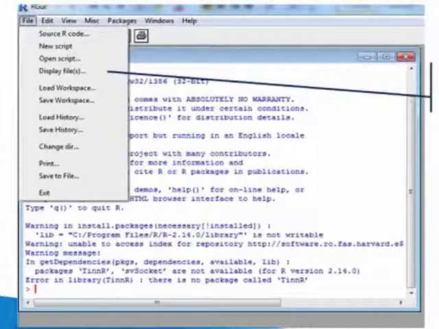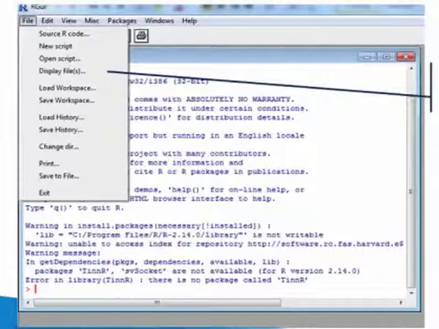So let's have a look first at the File tab on the left. This is the first tab. From this you can perform usual operations such as importing code from R source code using the command source R code, and create a new external window to edit a new script that will contain your code. You can use the new script command for that.